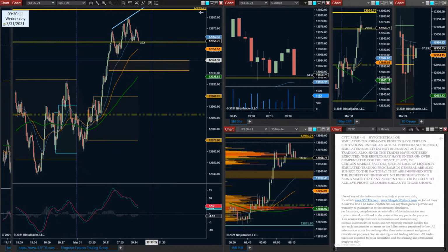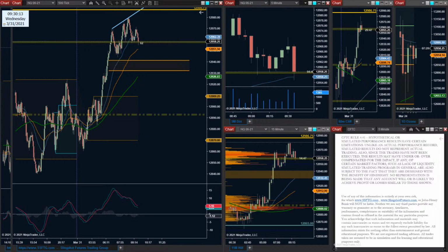Would love to see a little flush down to the 941s area, that zone for buyers to kick back in again. Nice little dip, and they're building out a potential narrow little baby wedge right here. So aggressive buyers will be trying to pick this up. I just want it to go a little bit deeper. I'm trying to be a little more greedy on my entry, but that may mean that I missed the setup too.